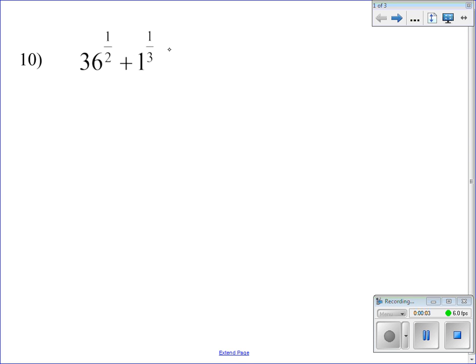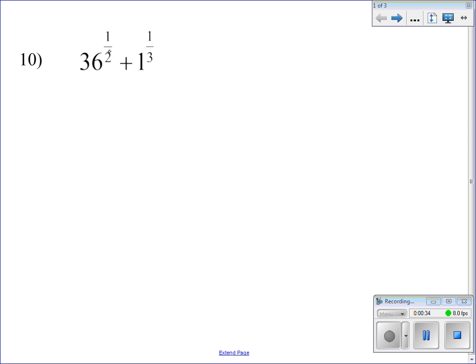Okay, this is over section 7-5, which talks about rational exponents, and I wanted to do a few problems from your homework, so this is more of a homework help. We tried to pick some problems that not only would help you with just these three individual problems, but you could also use them and apply the same concepts to other problems as well. So looking at question number 10, to start off with,